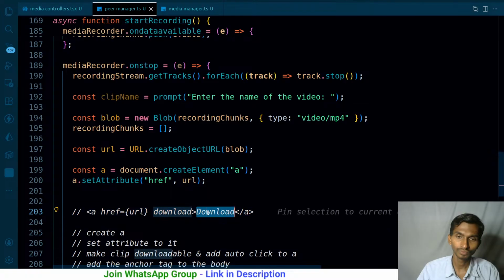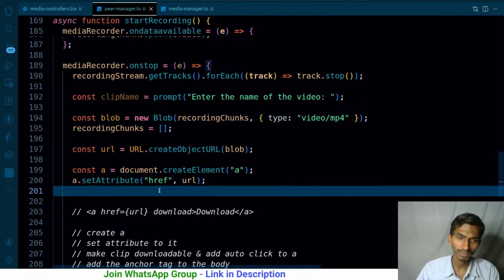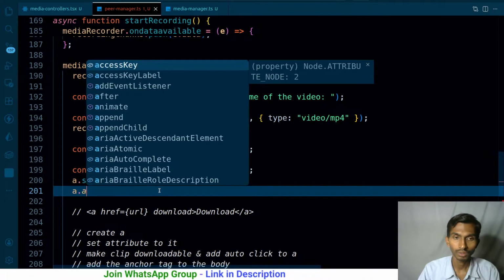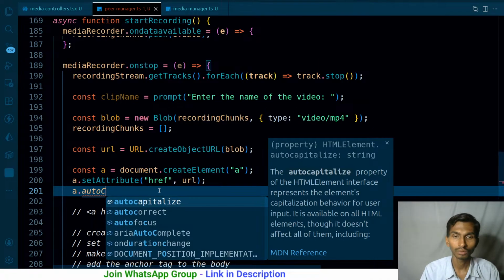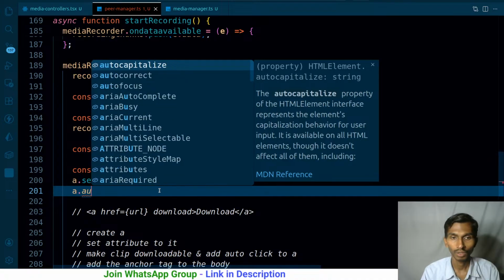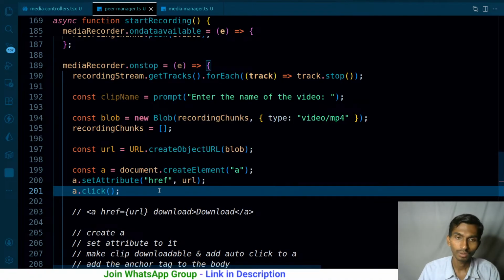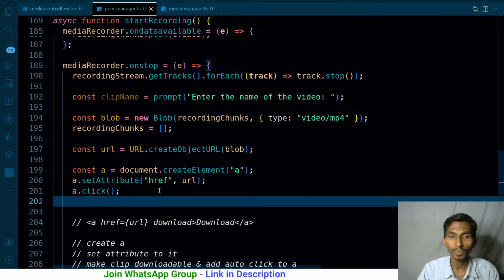And the second thing is that we have to allow auto click, anchor dot click, just like this. And we have to append it to the document.